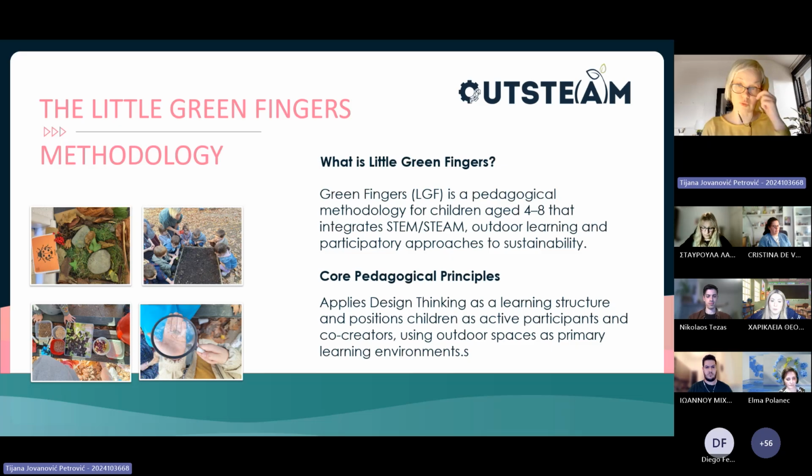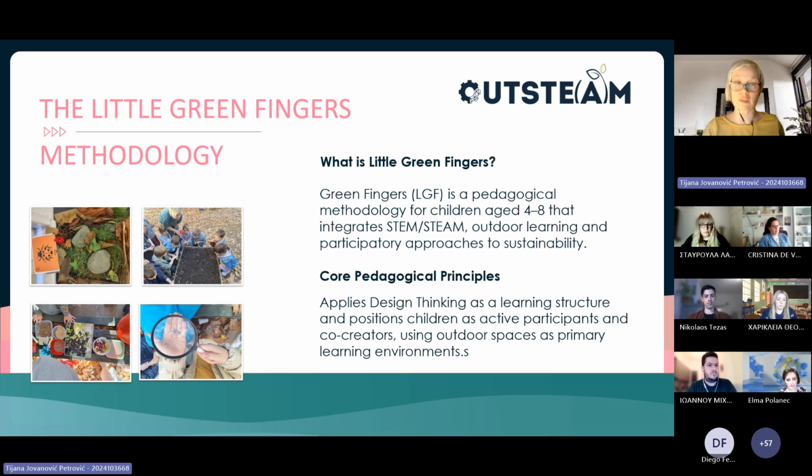I will get to that in the next slide, hopefully. So these are, in a way, ambiental outdoor classrooms, which combine play-based learning in nature, and we created this within the platform for innovation in environmental education that we created in Serbia.